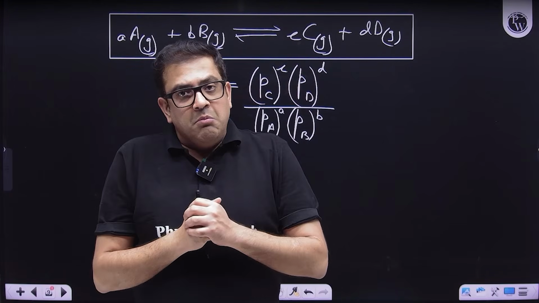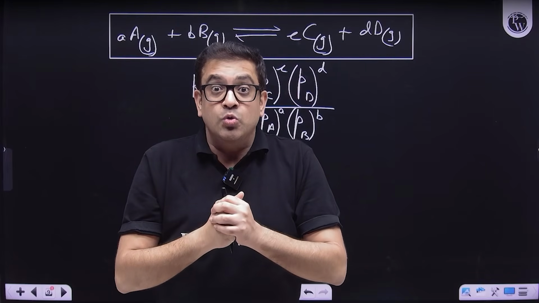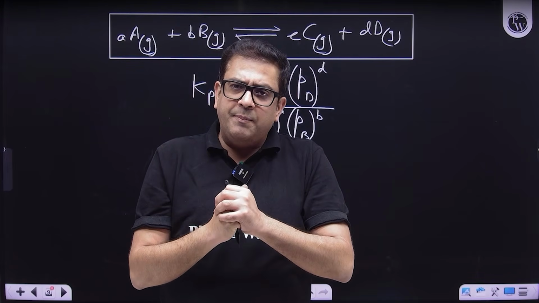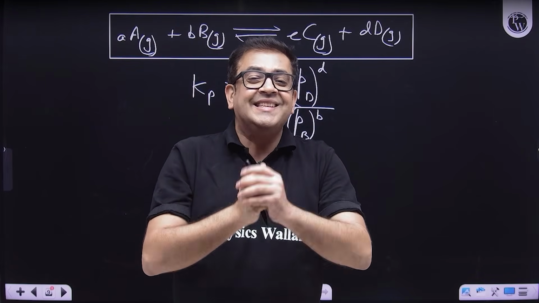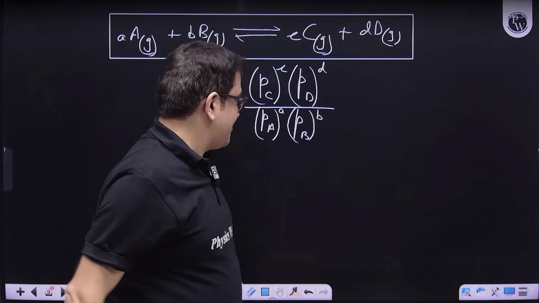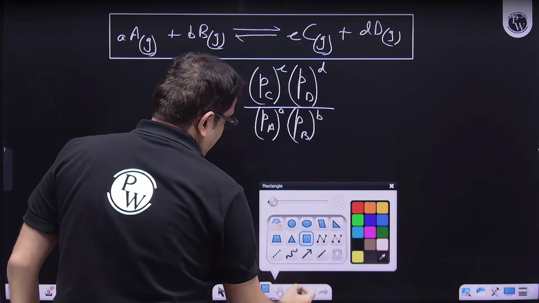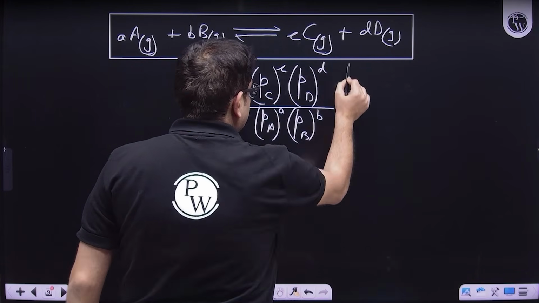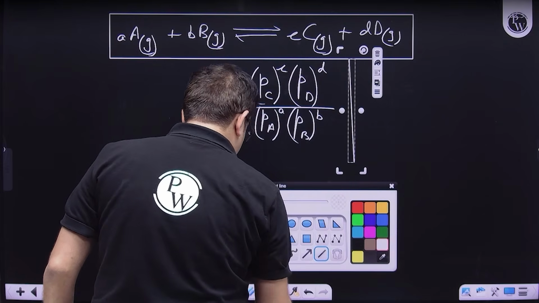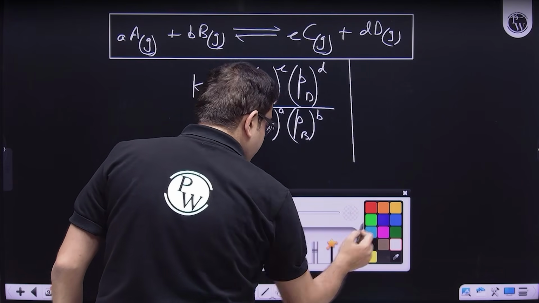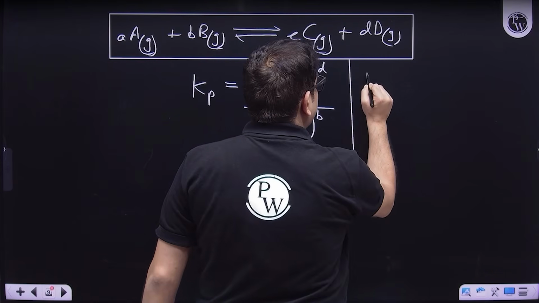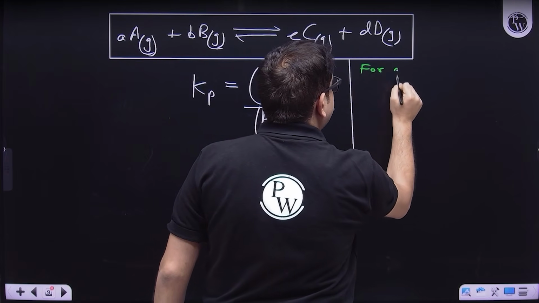Now, it is also hugely asked, can you relate Kp and Kc? Yes. For gas, what does it follow? The ideal gas equation. What is the ideal gas equation? Sir, the ideal gas equation is PV equal to nRT. We have seen that even in the gaseous state. So we know that for gases, we have